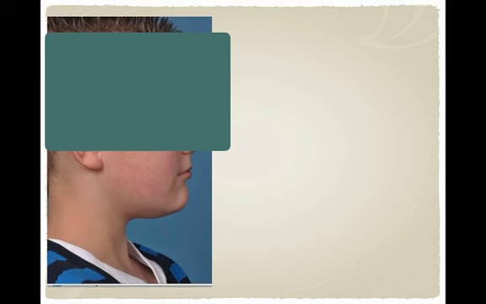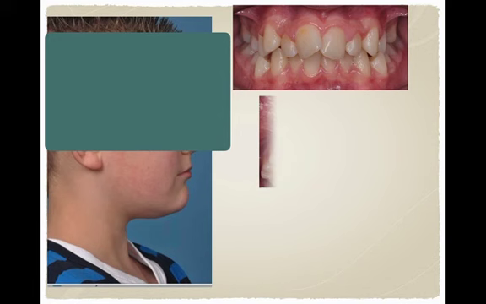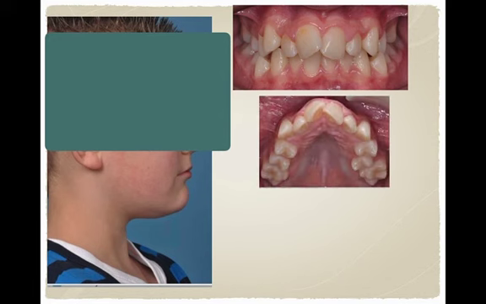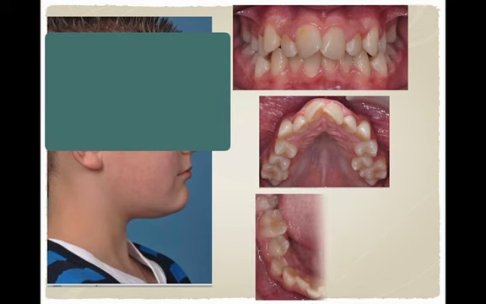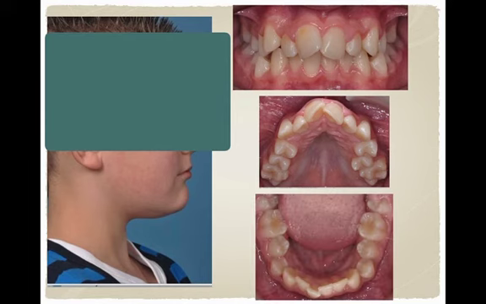Another patient with a class 1 profile, as you can see here, has crowding in the upper arch, and if you look at the upper arch, you can see that this amount of crowding is mild to moderate, almost 4 to 5 millimeters, and the same amount of crowding in the lower arch. So this patient was treated with non-extraction treatment. And the reason is that the amount of crowding is not as severe as in the previous case,